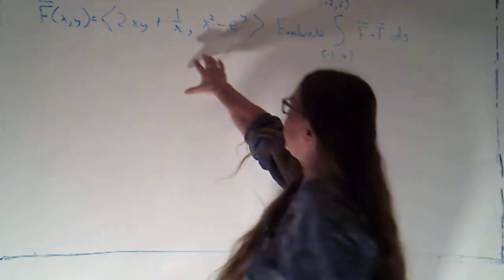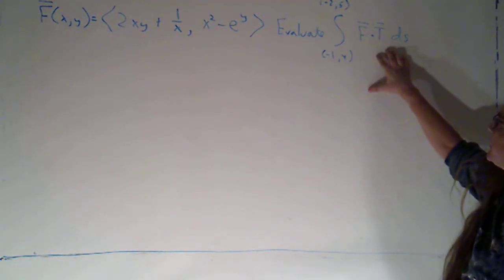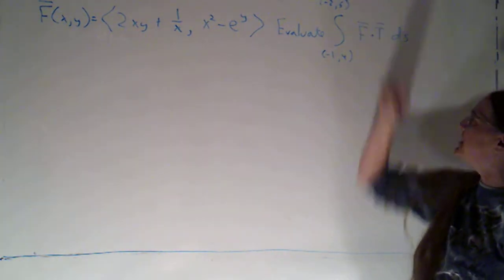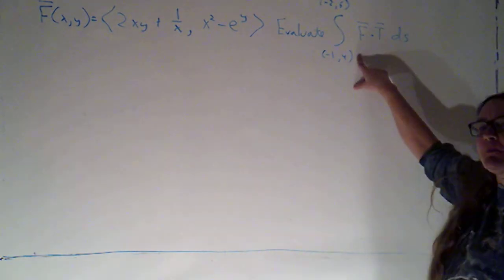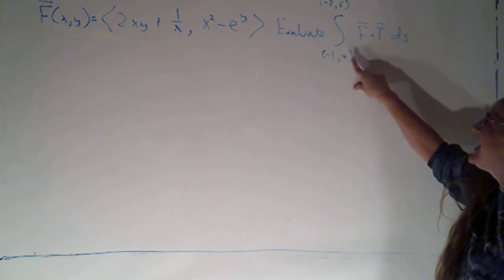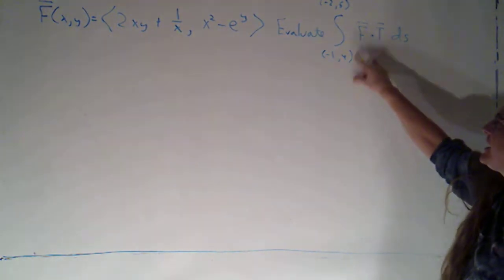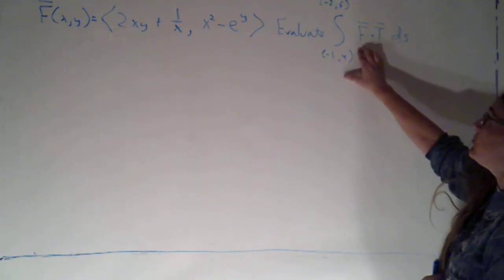A vector field up here, and then I've got this problem. I say I want to evaluate this work integral from (-1, 4) to (-2, 5). Now that looks weird. When you see a problem written like this, and it is correct to write certain problems this way, that's essentially a dead giveaway that F is going to be a conservative vector field, because otherwise this problem wouldn't be well